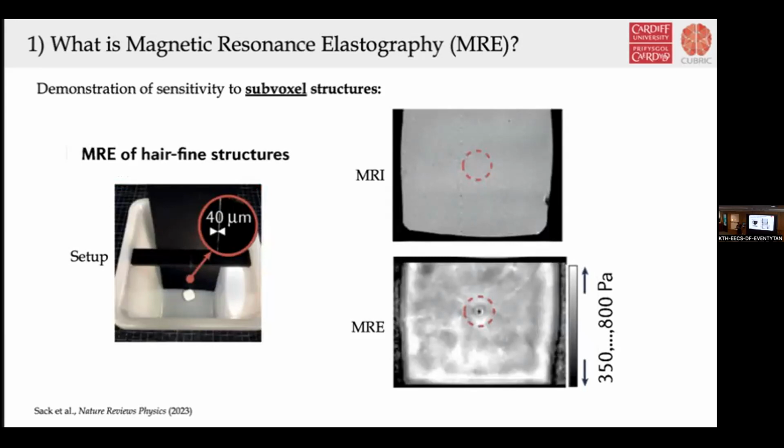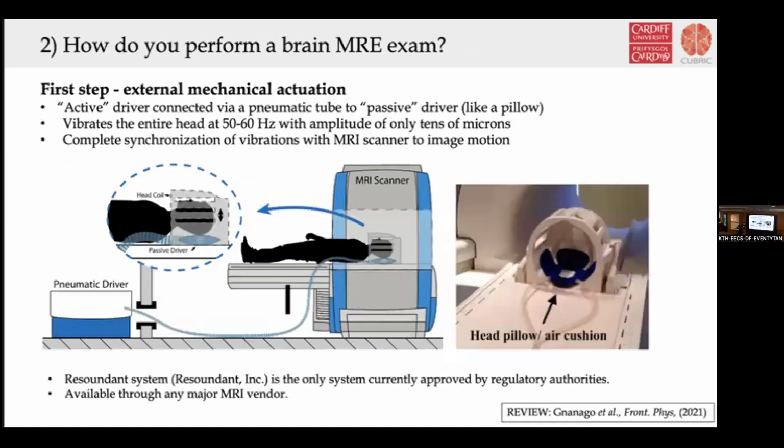And in the high resolution MRI image, which had a 0.125 voxel size, that very, very tiny structure is not resolved. This figure really illustrates how MRE can be used to detect very subtle tissue alterations. So moving on to brain MRE, the first thing to address is how to generate shear waves